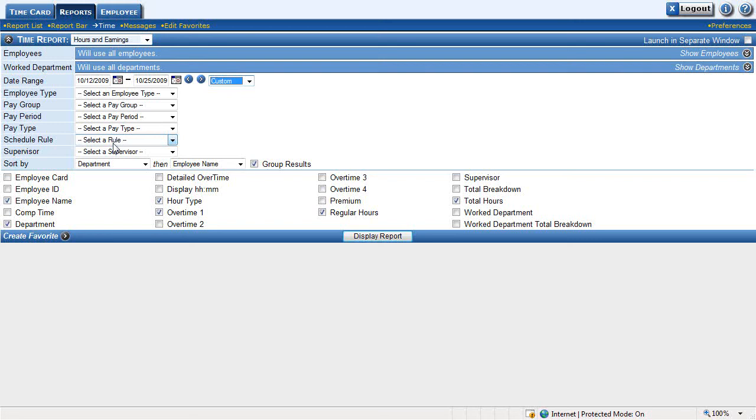You won't need any of this at all because it's reporting only on yourself, so you don't need any filters or anything. If you need an employee ID, you can place that on your report. You can do a total hours breakdown, like vacation and regular hours and overtime hours, if you like. We can select up here in the upper right hand corner to launch in a separate window